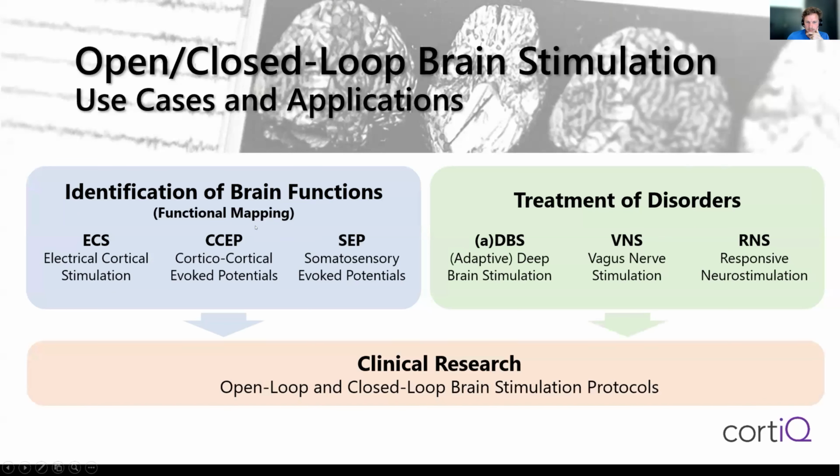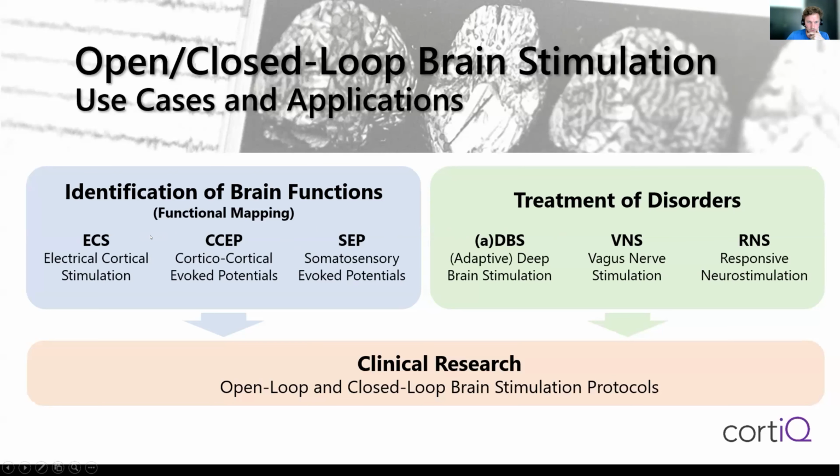Those quite established clinical procedures of course motivate and drive clinical research for more advanced protocols. So over the next couple of slides, I will go through exemplary applications of those